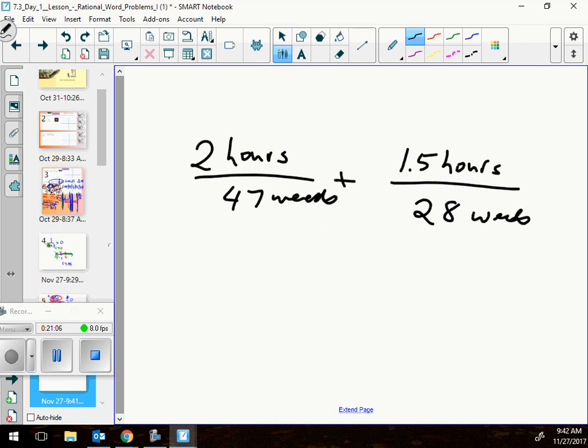What can I figure out? I can figure out a rate, because a rate plus a rate will give you another rate. What will that rate be? It'll be some amount of weeds per hour that we can pick together. Now, would these be easy to add? No, because they don't have common denominators, but we could just add them all up and figure out that, together then,